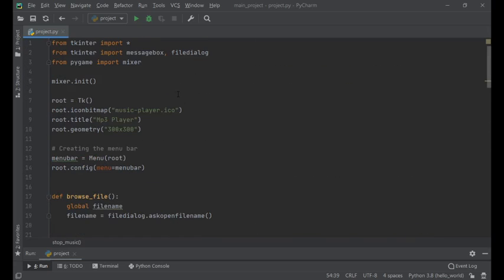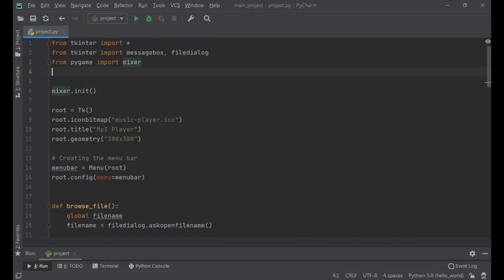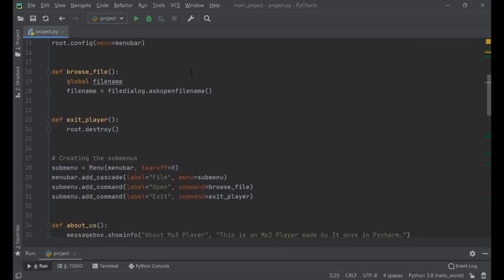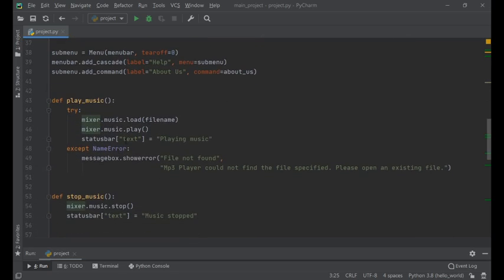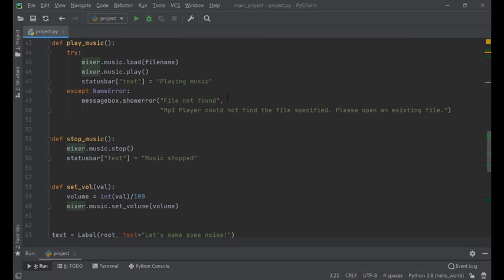So if we go to the top here, under this, I'm going to say import OS, and right in the play section, where we do our status bar bit, we are going to say playing music plus, so we're going to concatenate that with a dash, and we are going to say plus